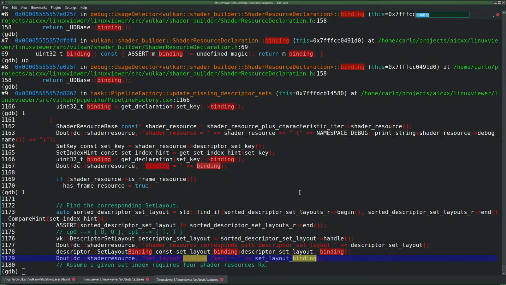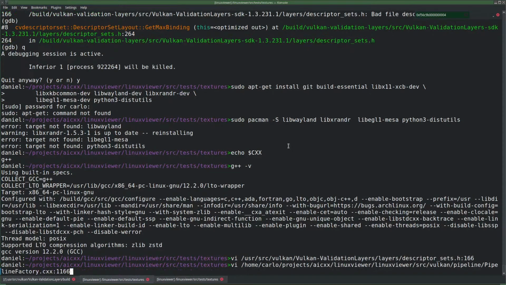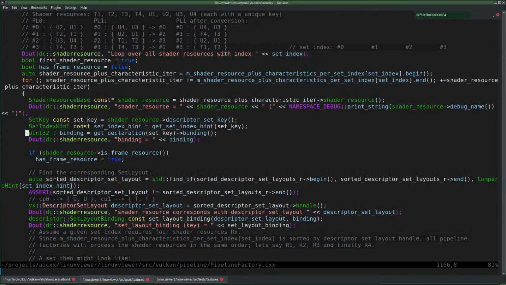What linker am I using? LD Gold, I suppose. Yeah, I suppose LD Gold. Let me think about this, because what is it doing here? Why? The binding. Binding. So not clear to me. Let's have a look at the source code. VI source code for